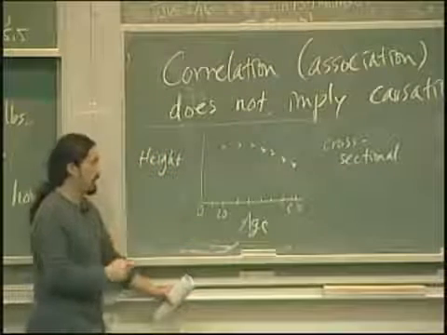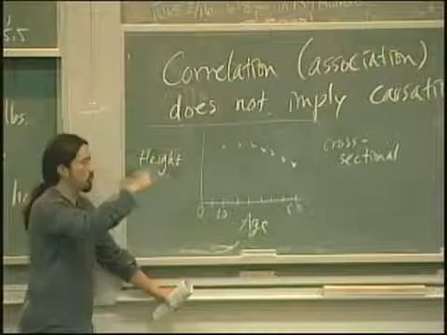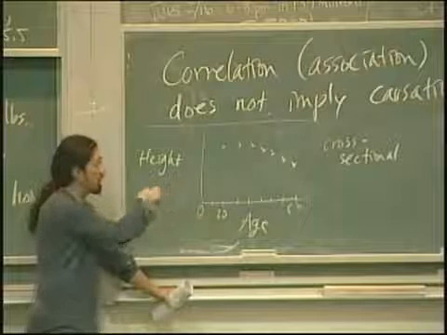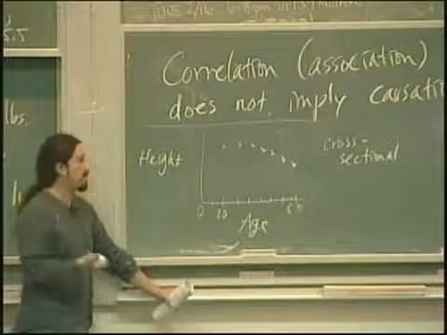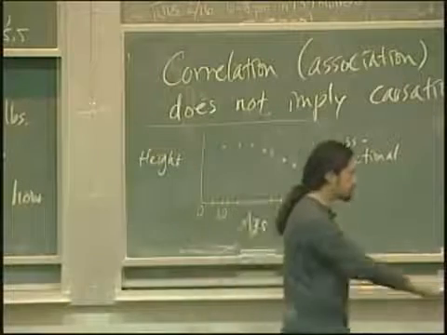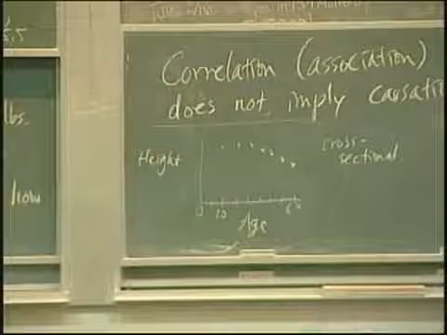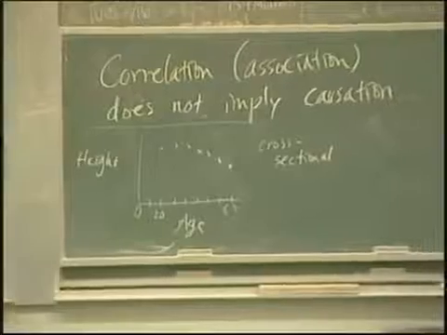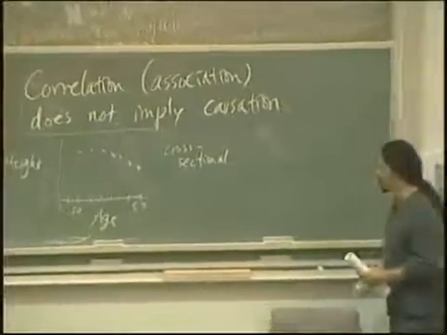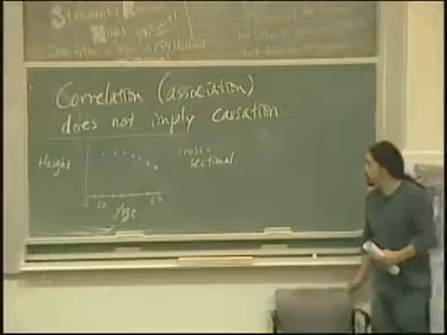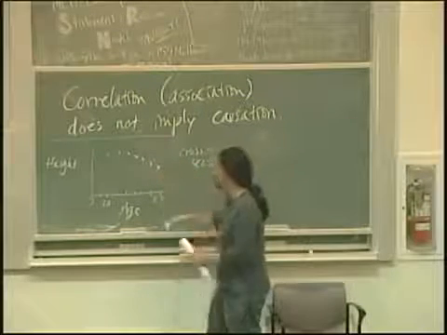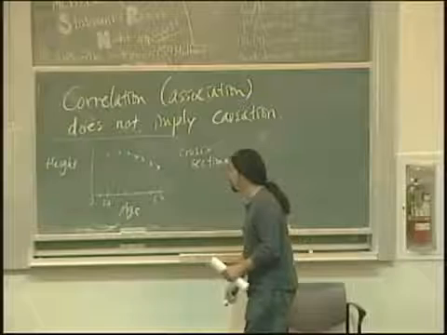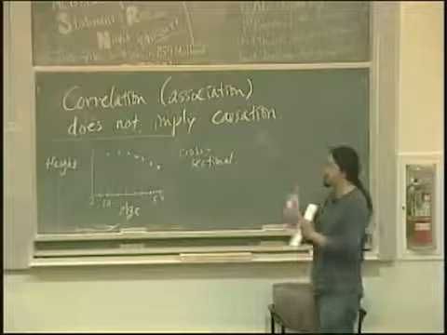Longitudinal data looks at individuals over time. So longitudinal data with age would not show the same thing. Okay, so to address the association causation point, you still have to be a little bit careful. You can't necessarily say that if this data were longitudinal, and we started collecting data,